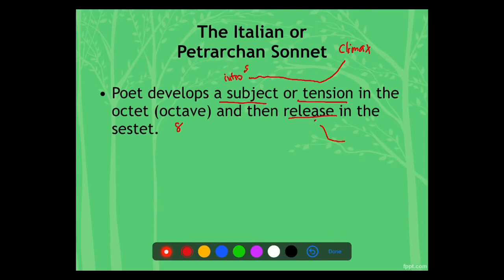So this is the start, right? And then this is the climax, which is the peak of the story. You have to contain these two, the intro and climax, in the first 8 lines. The last 6 lines, you need to release the tension, which we call denouement. If you still remember Freytag's pyramid of the plot, until the story ends. And here, this is where the poem ends. Okay,